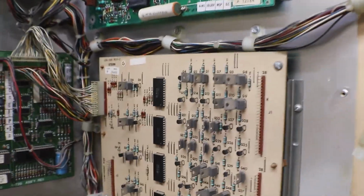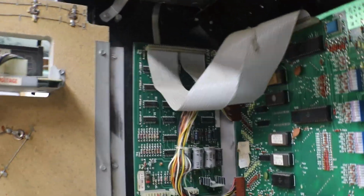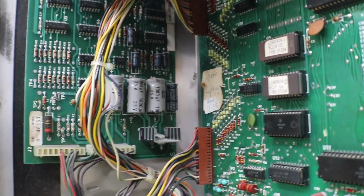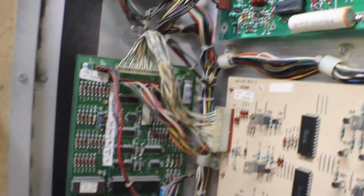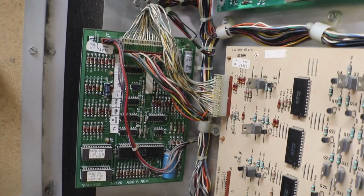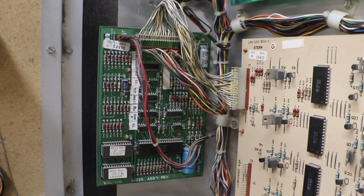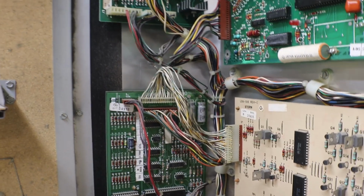Our light driver board. And let's see, top one should be our sound board. See a little amplifier sitting right down there in the corner. And that one should be the, what do you want to call it? The attract mode driver. Lightning. Yeah, 1980 Stern. VSU 100. Pretty sure that's what drives our